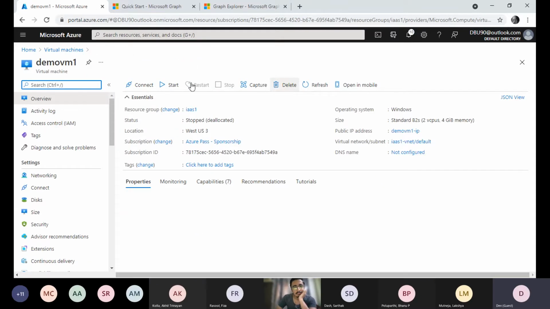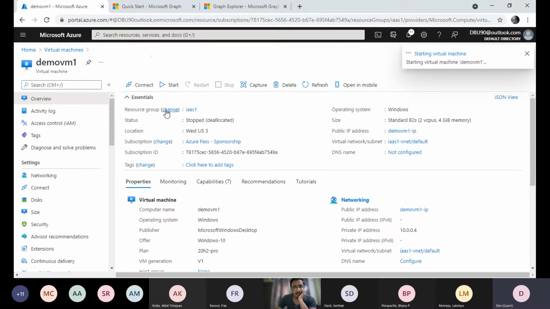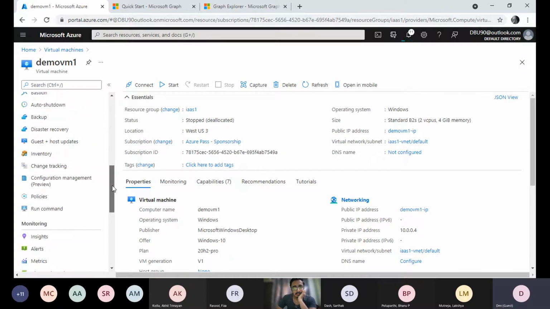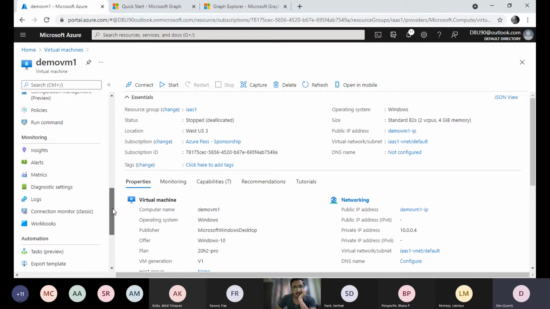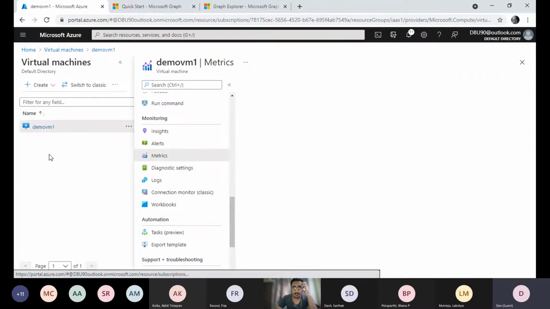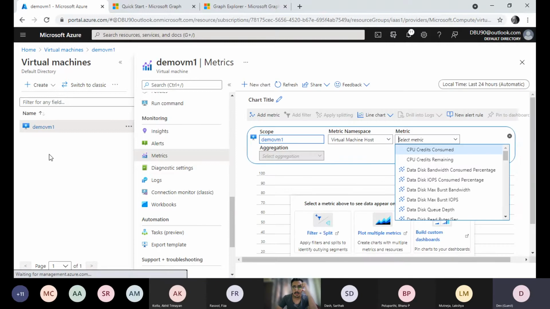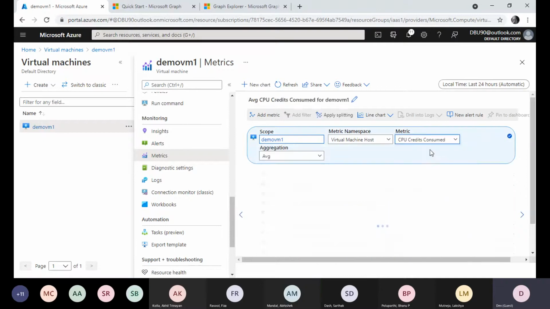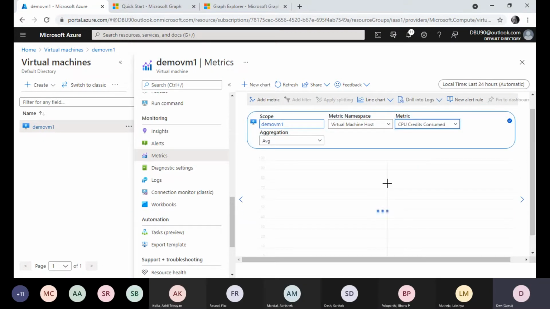Yesterday we have selected the auto shutdown option. We need to start it again. So you can select the metrics from here too, and you can start working on it.